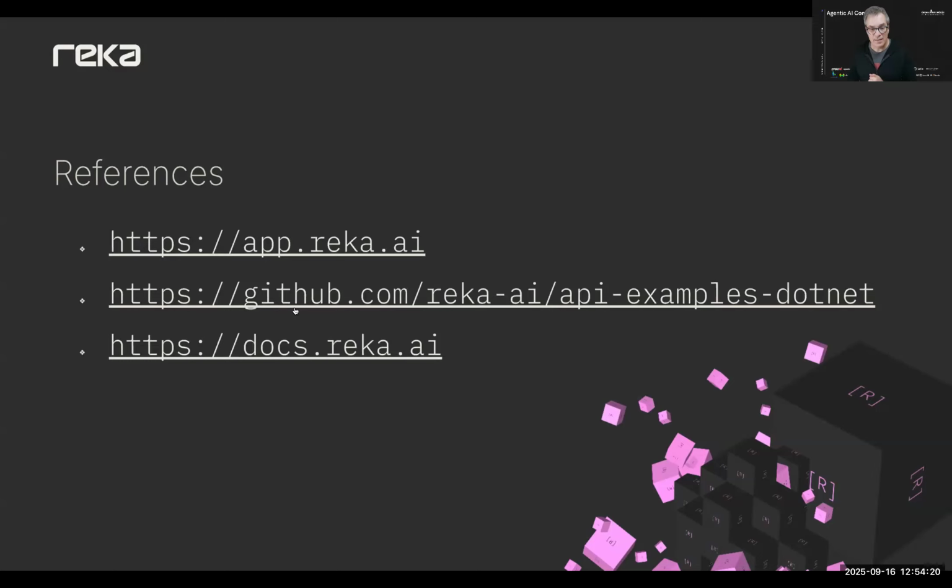The second link is GitHub, where you will see, let's say later today or tomorrow, the link exists. They're simple, but the code I showed you is not yet there. I just want to add some documentation, so if someone misses this session, they can still know what to do to execute it. But the code will be there. If you go to GitHub Reka AI and look for API simple, there's TypeScript and Python available. And if you want to learn everything about the APIs, go to the docs,